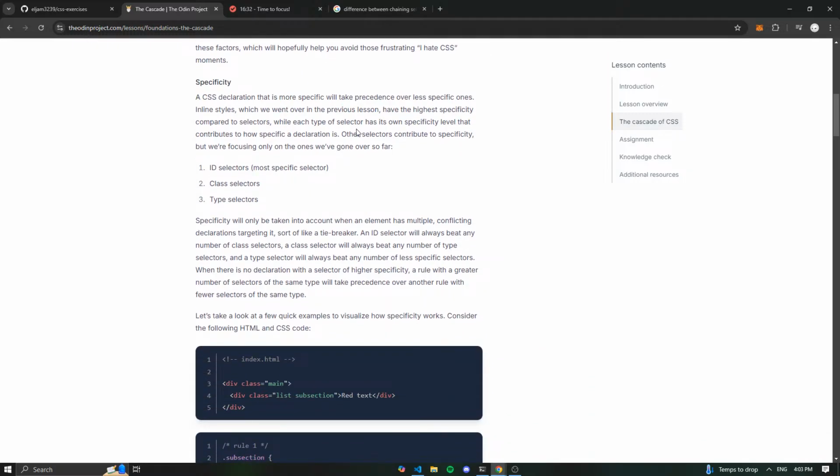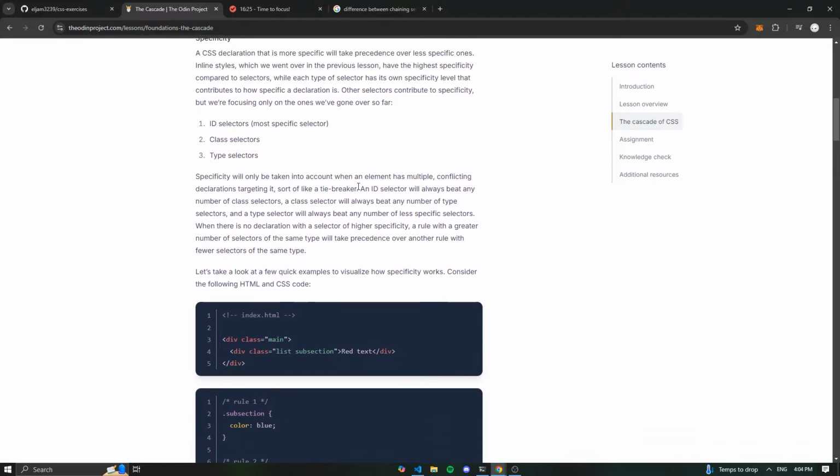Okay, so IDs have the highest specificity. So this takes precedence, then class, and then type. Type